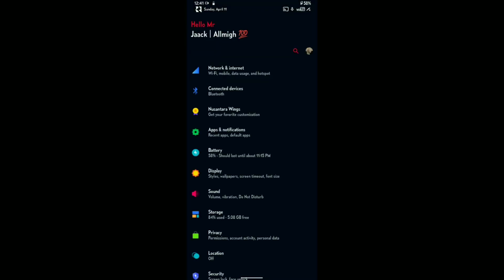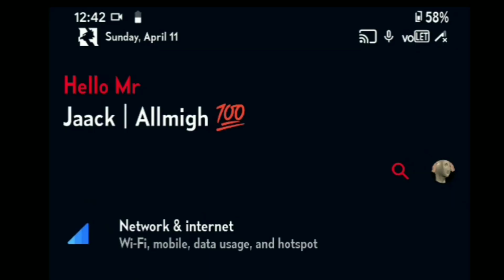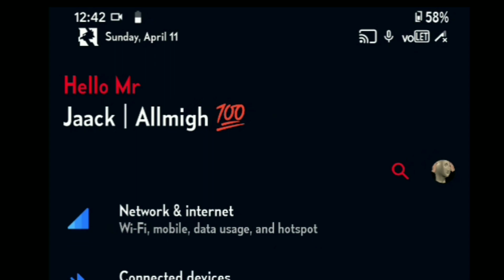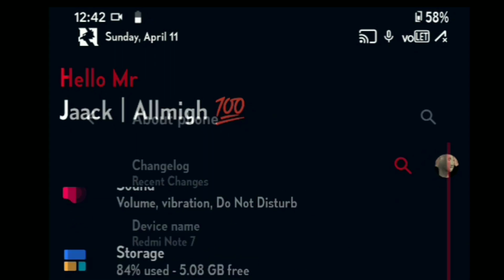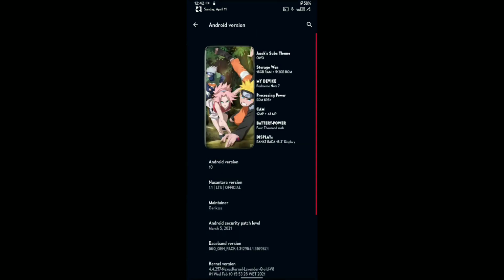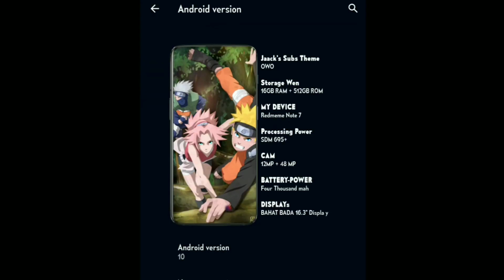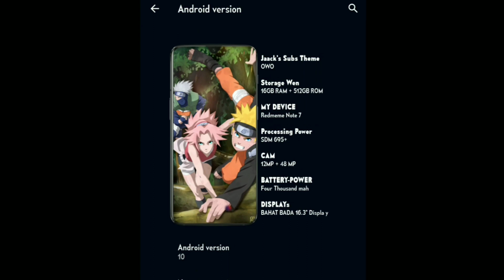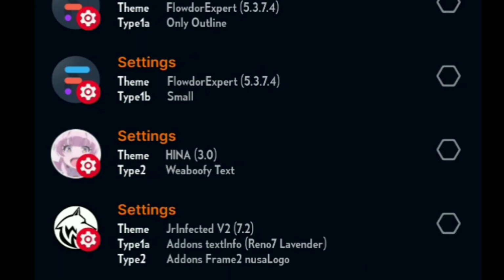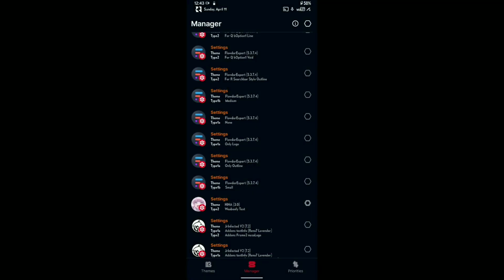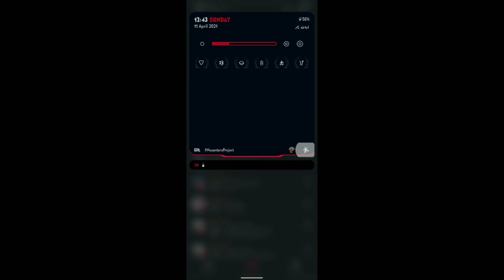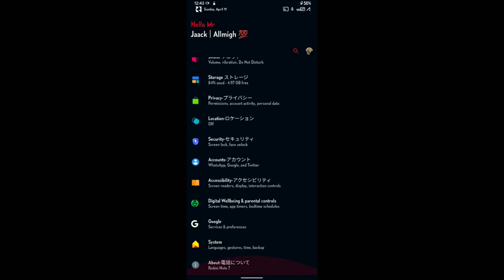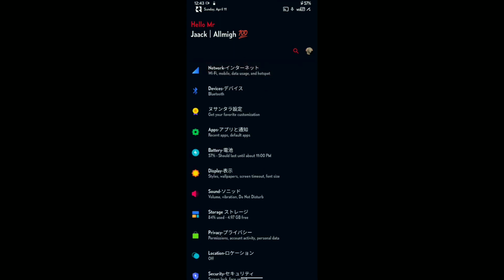After you enable the overlays, as you can see, the header of the settings has changed, and if you go into about phone settings, there you will find the difference too. So here are the things that are edited, and now as you can see, it shows my name over there and other things which I edited too. You can change the highlighted image too. Also, if you want a VB5 text in settings, then enable VB5 text from Hina Color, and as you can see, you will get VB5 text in settings.